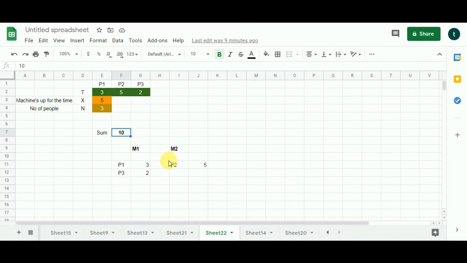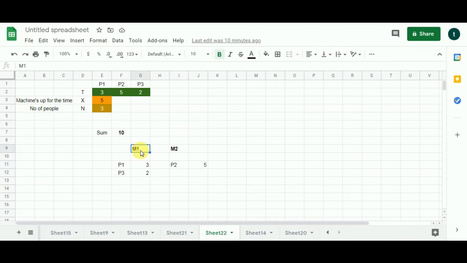Now, if that time, which in this case is 5, is less than the allowable time limit, which in this case is that of M2, then that's it. The 3 people can vote, right? So what I'm trying to say, see, I have got these 2 people, and the combined sum is coming as 5. Now subtract 5 from 10, I get 5. Now that 5, is it less than or equal to 5? Yes, it is less than or equal to 5. So it all fits in, and then we can say, yes, the 3 people can vote.